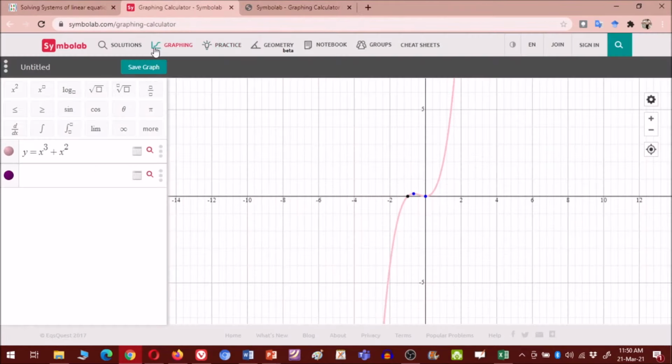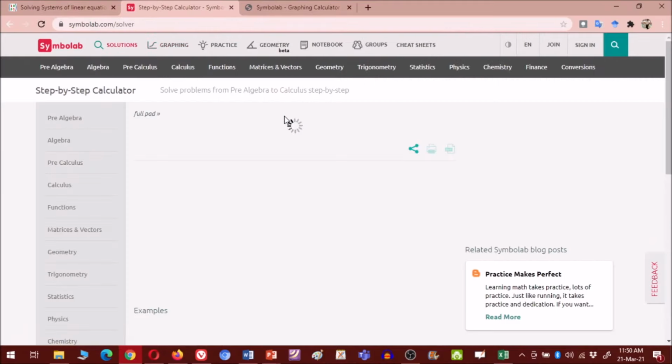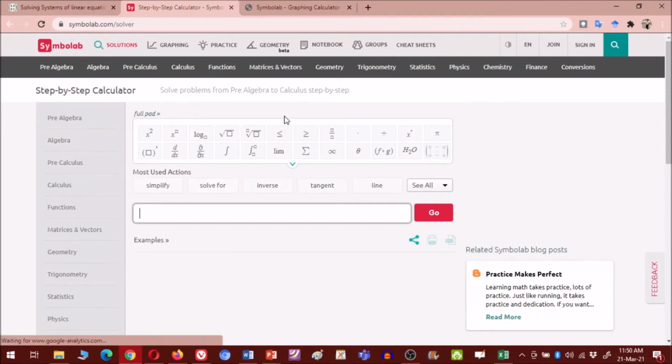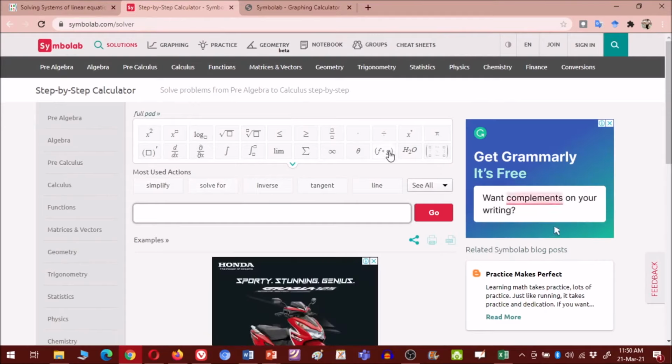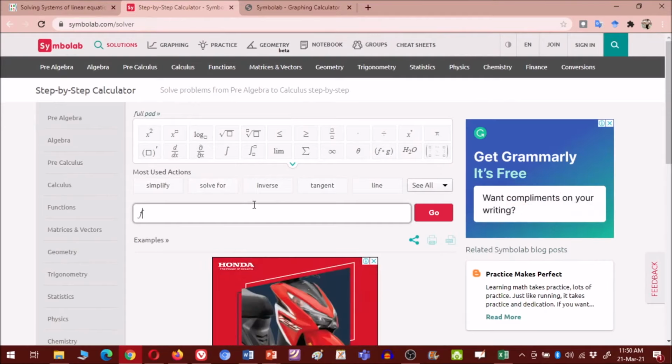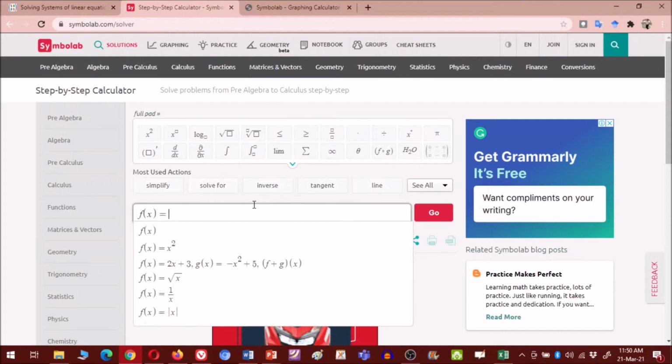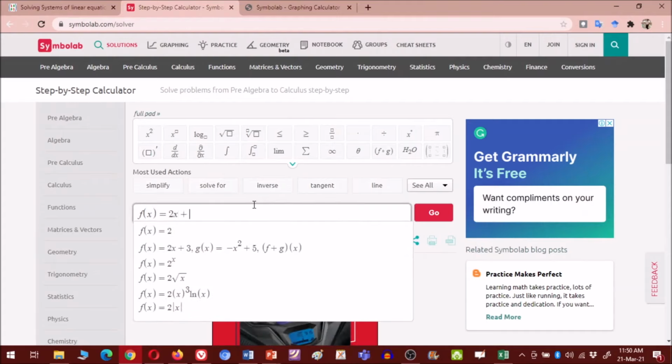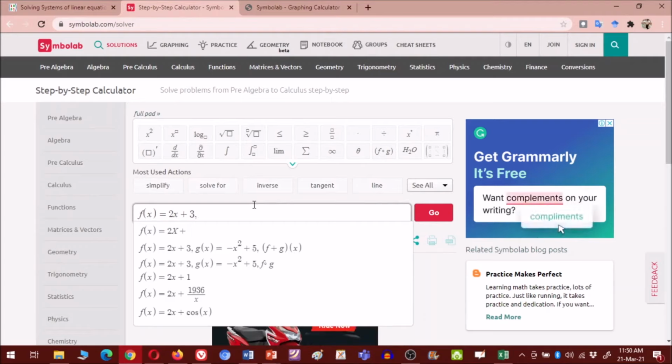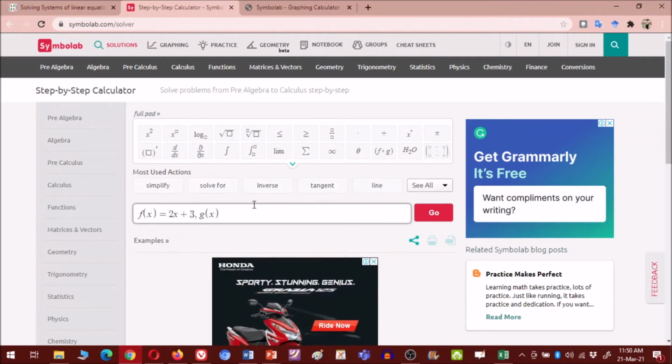Then let us see 2-3 more features of this. So you can have functions also. Suppose you have the function f(x) equal to 2x plus 3, g(x) equal to 4x plus 5, and you want to find f of g(x).